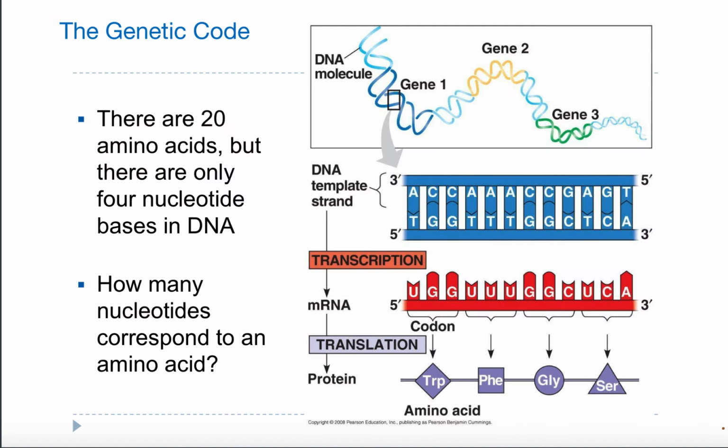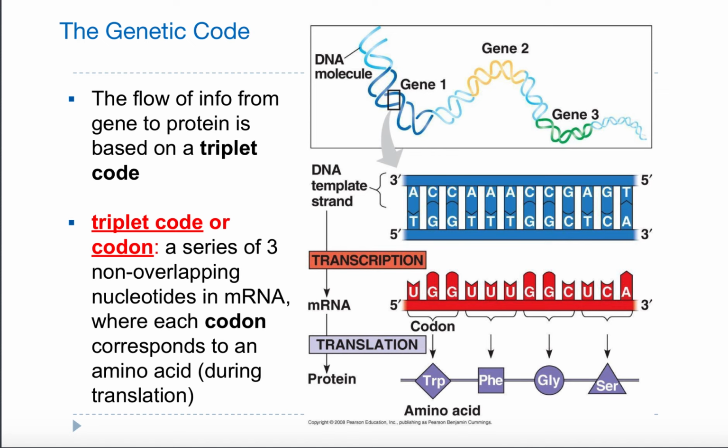So the genetic code from our DNA, which consists of only 4 bases, is going to lead ultimately into encoding 20 amino acids in our proteins. So how many nucleotides correspond to an amino acid? We'll go into the math of why this is, and why that's significant, in the future, but generally speaking, all you really need to know for now is that in terms of the flow